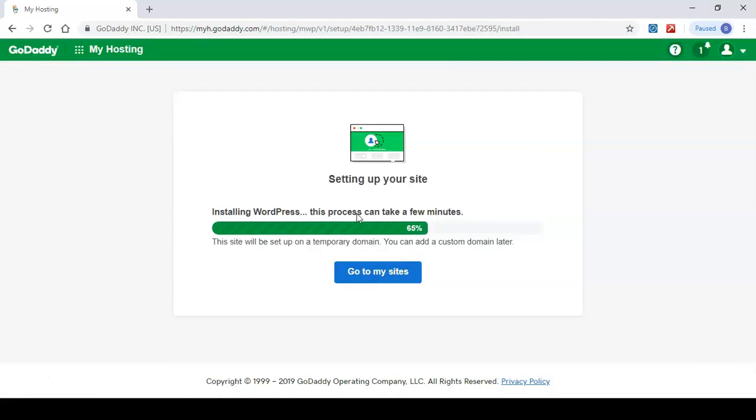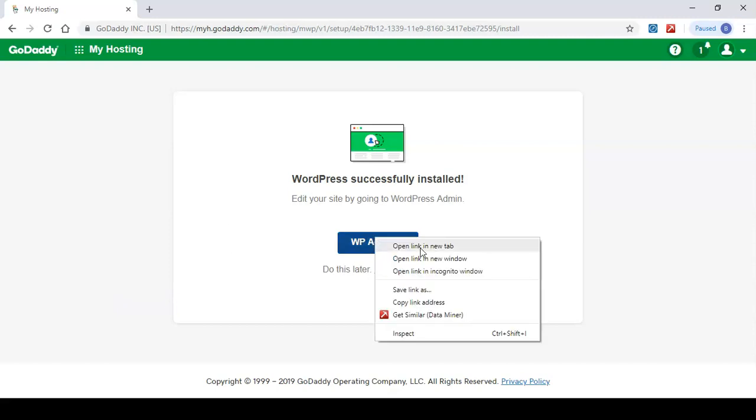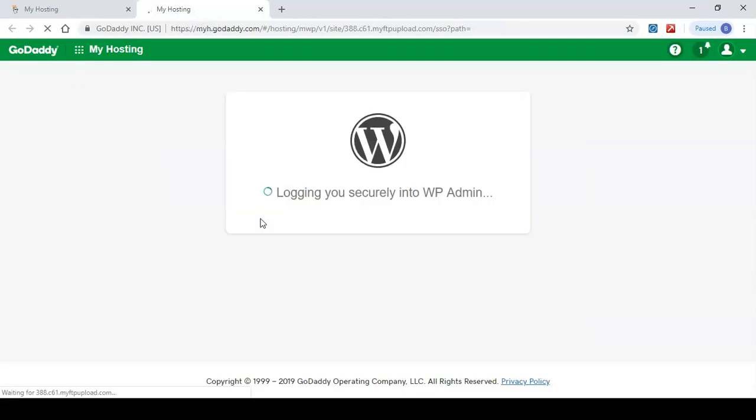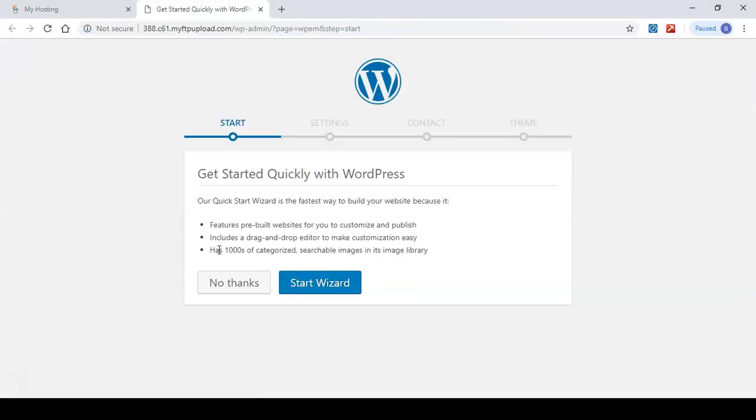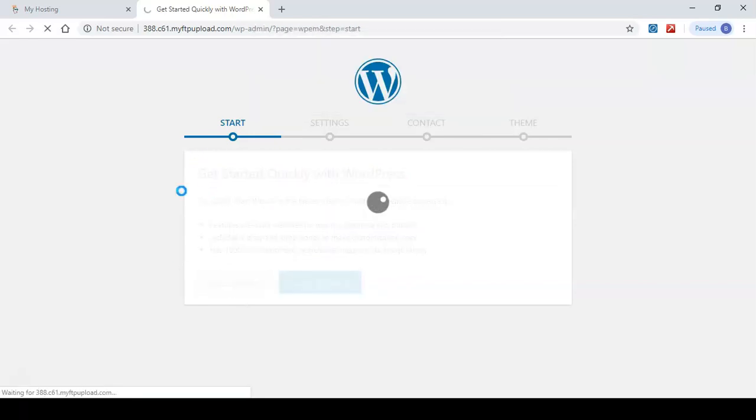So it will start installing the WordPress. Okay, now WordPress is successfully installed. Let me open this WP link in new tab. Click on no thanks. Okay.